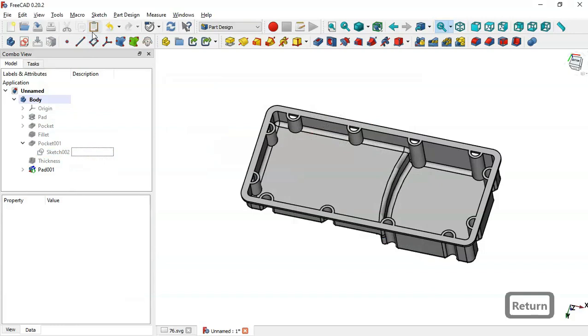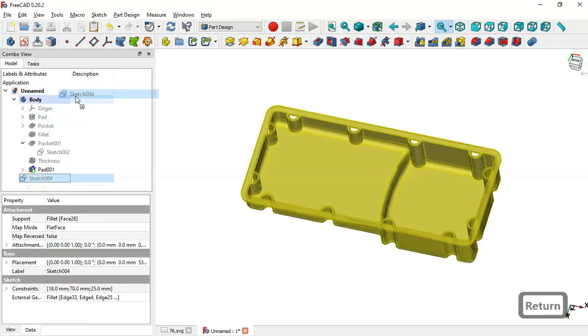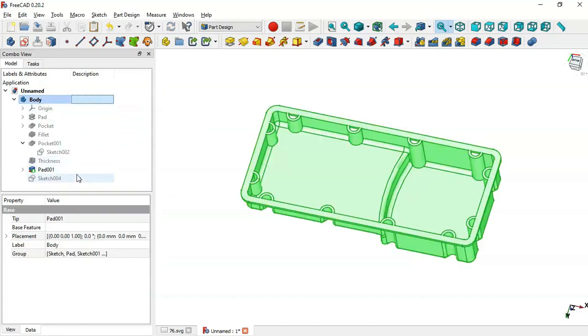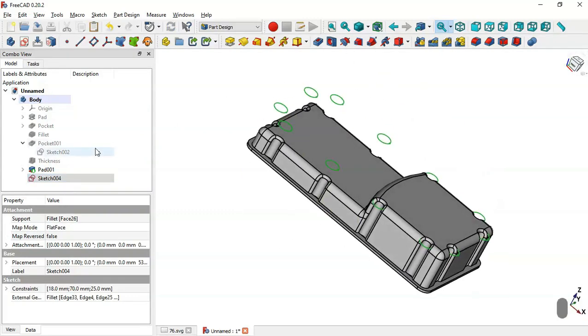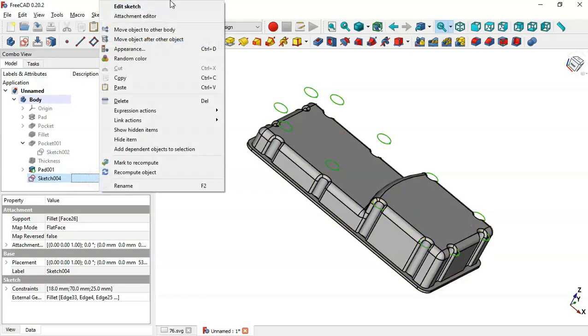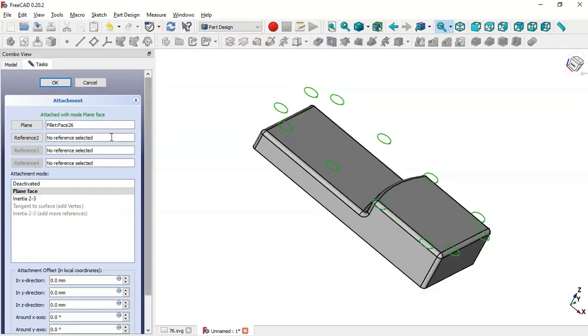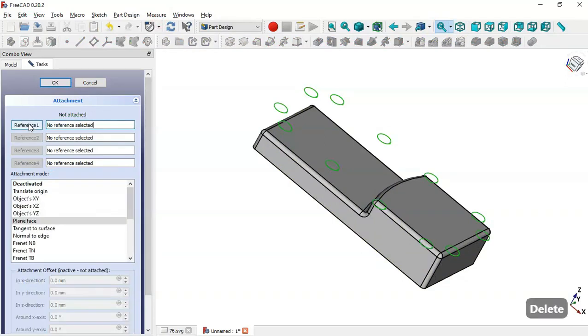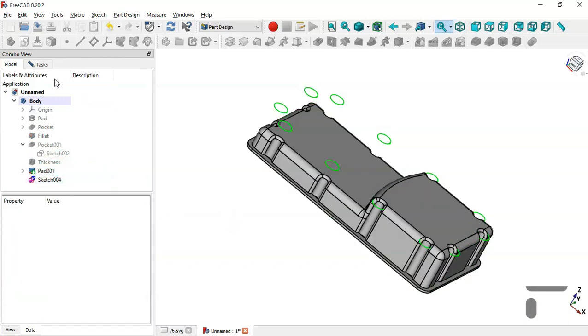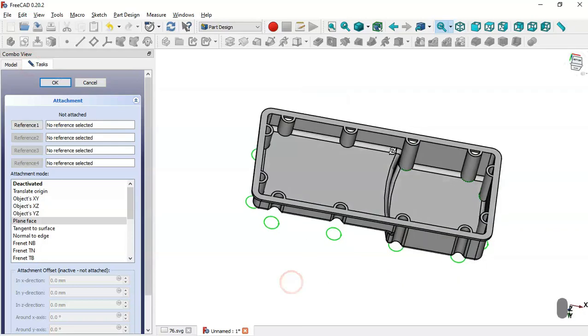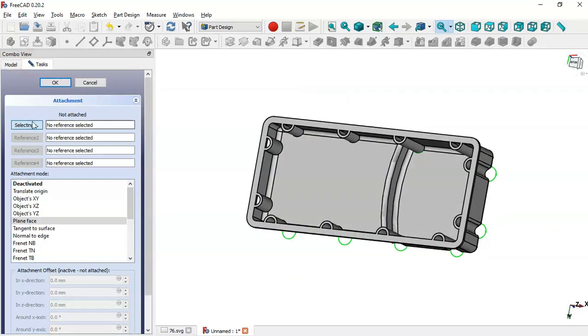Now paste the sketch in this document and drag the sketch into this body here. Now spacebar, and now we can see this. And here we'll change the attachment of the sketch. So select the sketch here, and now right click on the mouse and go to attachment editor, and here select this and delete. Go to model and make this pad here visible. Go back to tasks and click on this button here, and now you see this text here, so click on this face